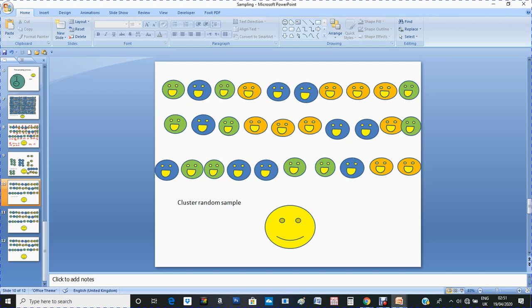Well, we can think about stratified and cluster. Let's just think about we want to conduct